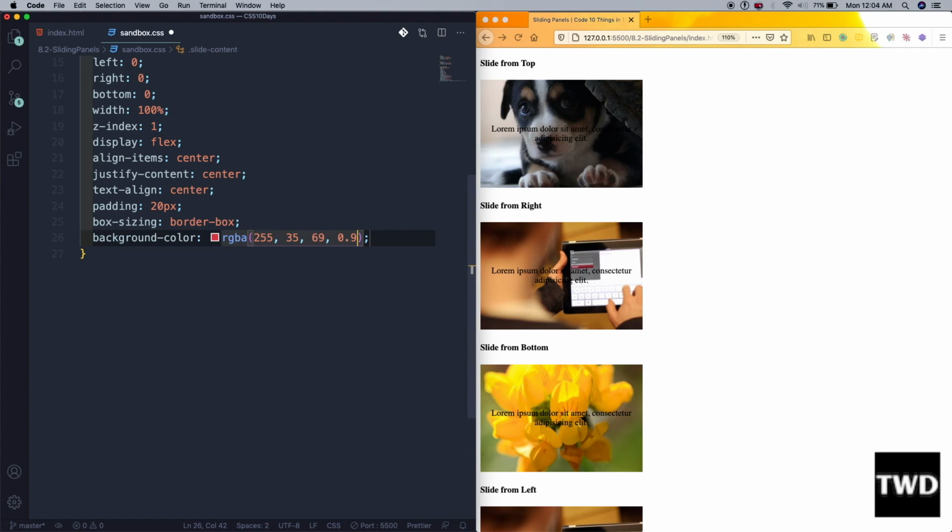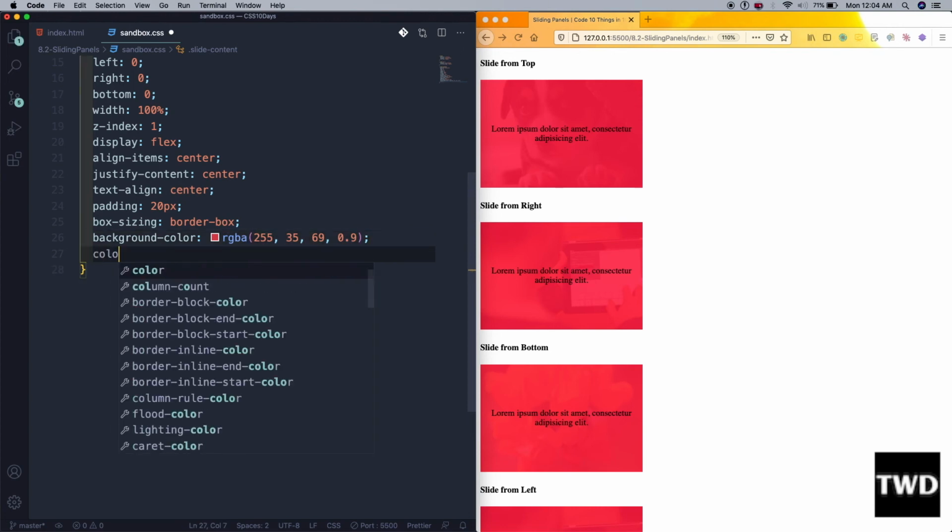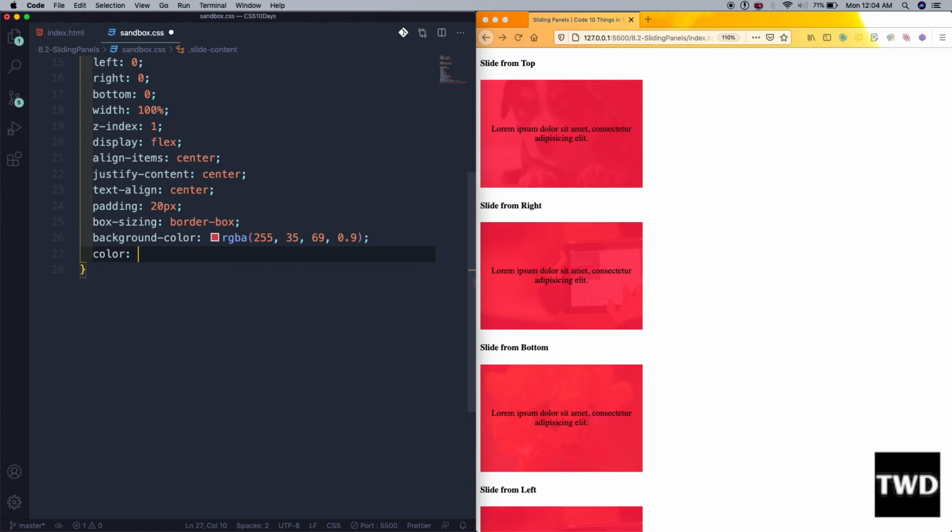So RGBA is a perfect way to give opacity. So see, this kind of background color it will have, and the color will be white because black is not showing as good,